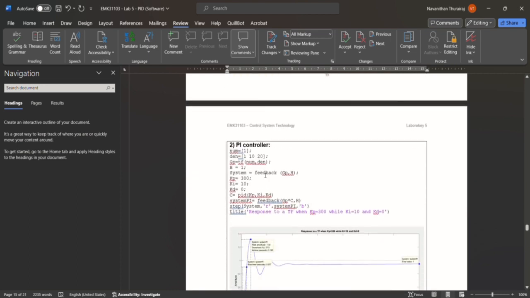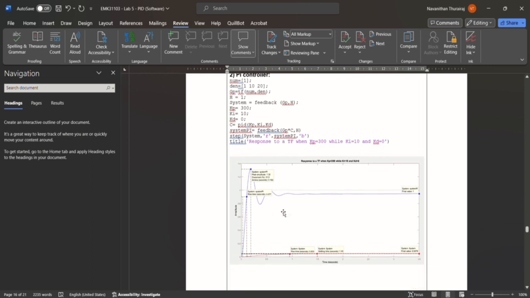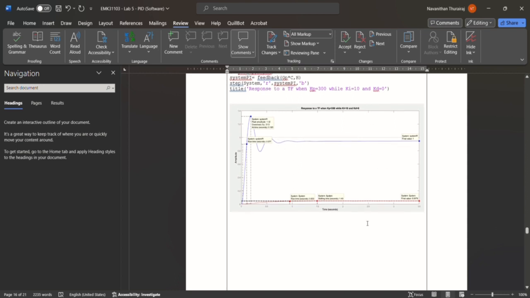and this is the PI controller. This is the numerator and denominator. So KP is 300 as usual. This is the response to a TF when KP equals 300 while KI equals 10 and KD equals 0. So this is the graph,